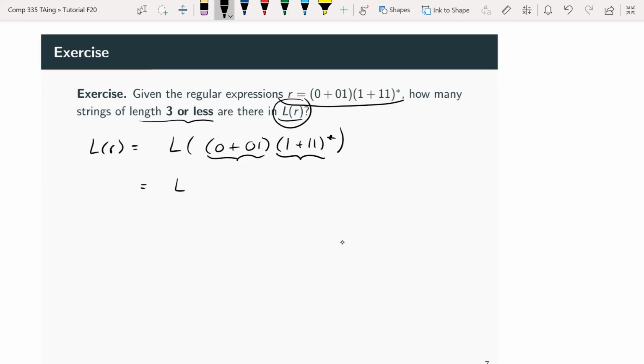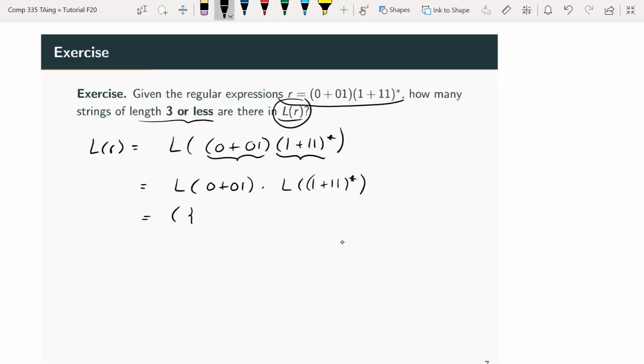So I can just write L of that regular expression, concatenated with L of this regular expression. And then here I have L of 0 plus 01. So I know that that's going to convert to a union. So I'm going to get,